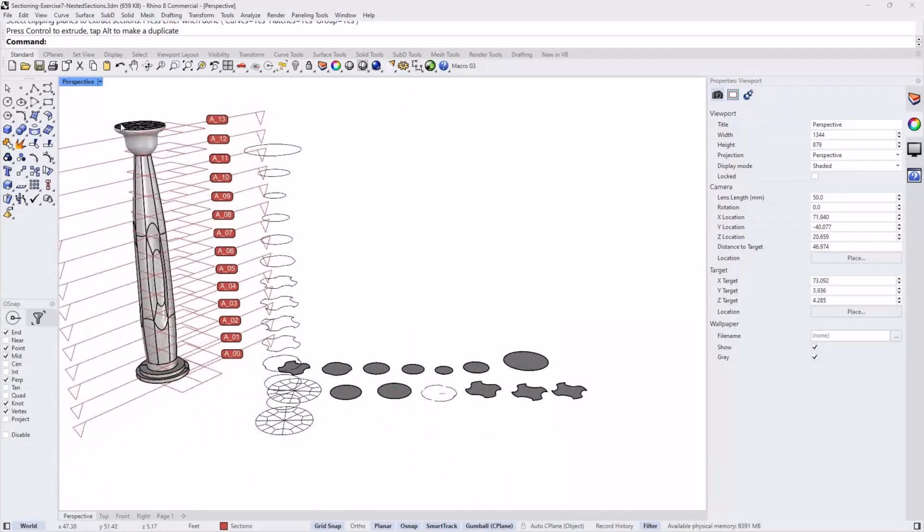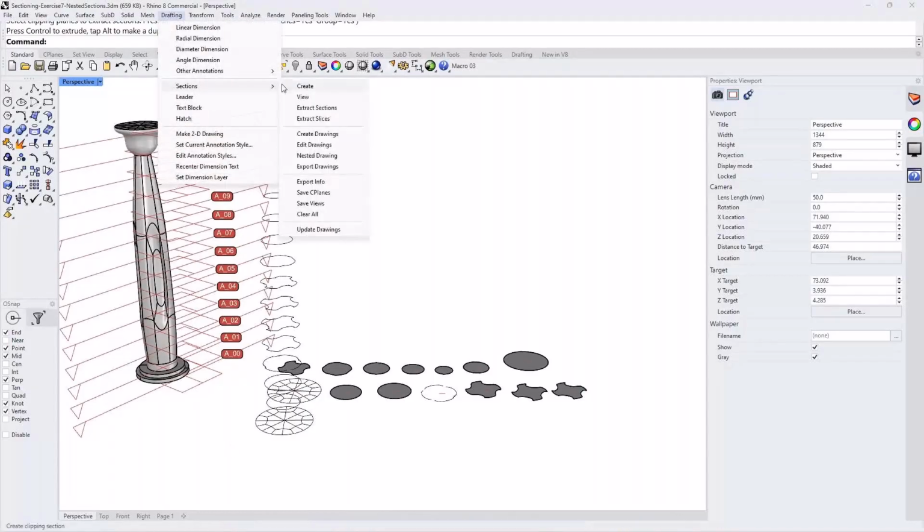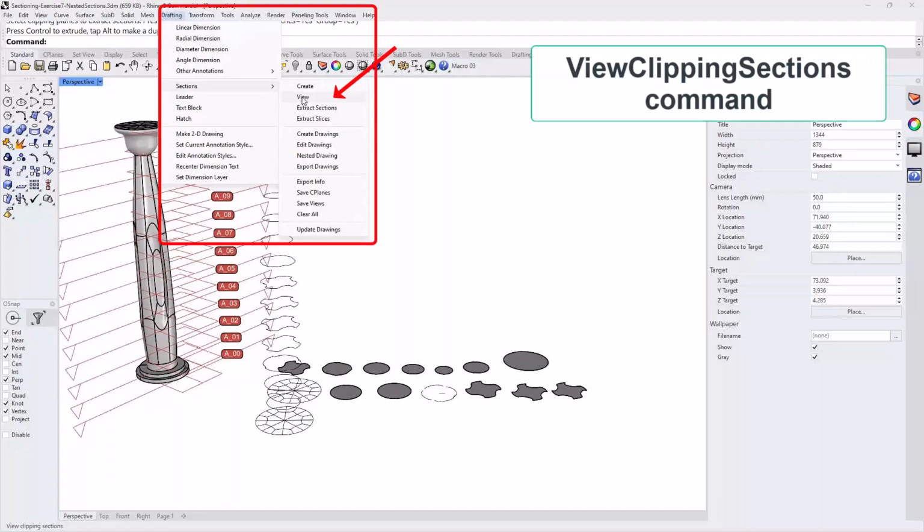So if you update the model, these sections update at the time of creation. Same with the slices as well. So you can explore these two functions here. The view, basically align your current view to the section view, and you can export the drawings as well, extract them and export them, DWG, and everything else.